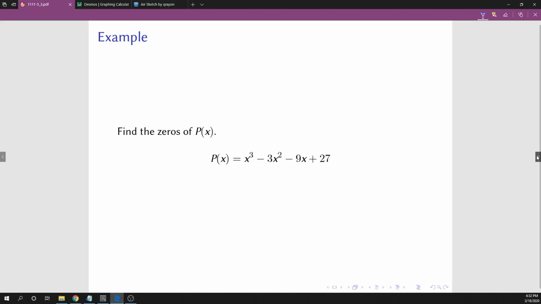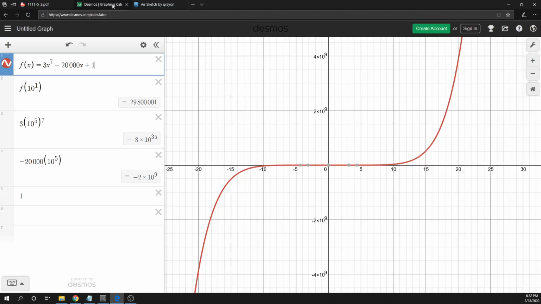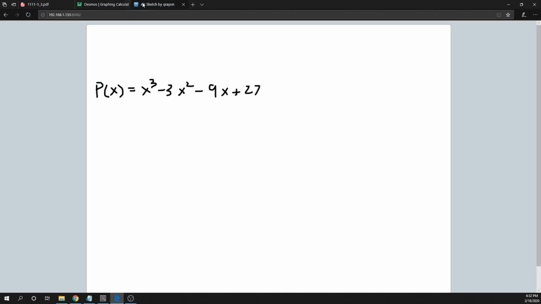So p of x equals x cubed minus 3x squared minus 9x plus 27. I want to find the zeros of this polynomial, so I would set the polynomial equal to 0